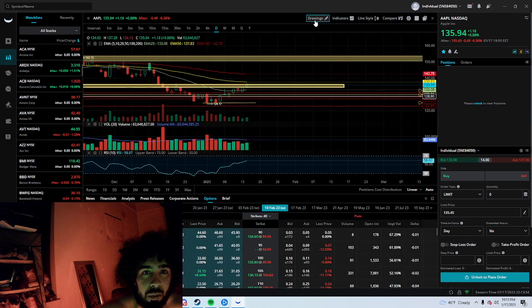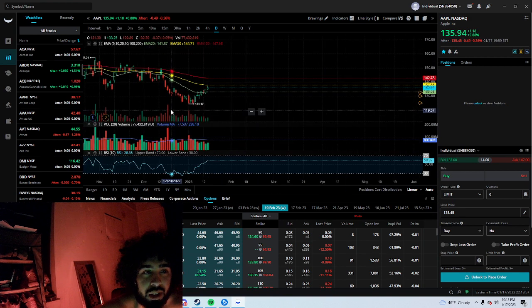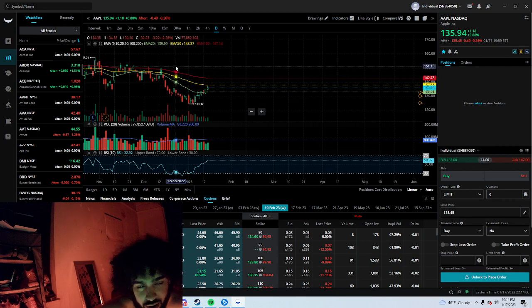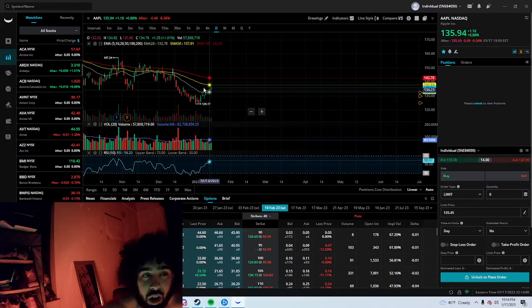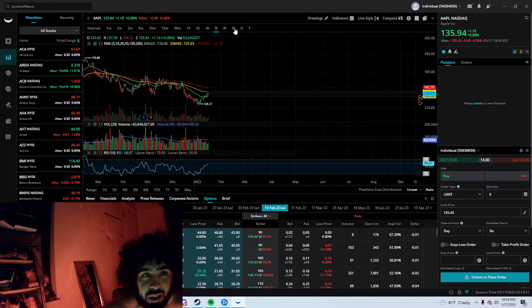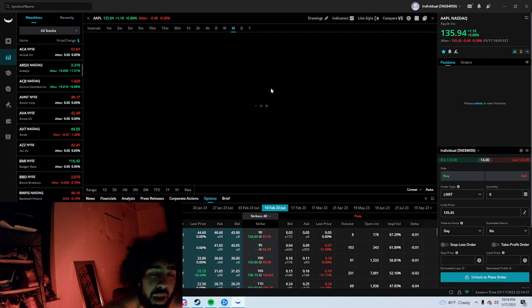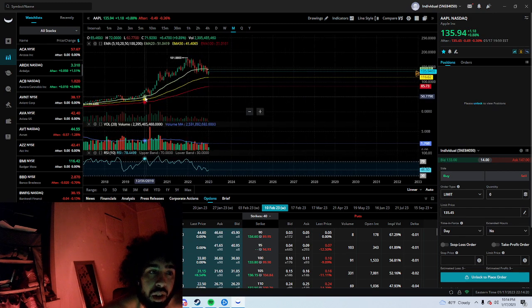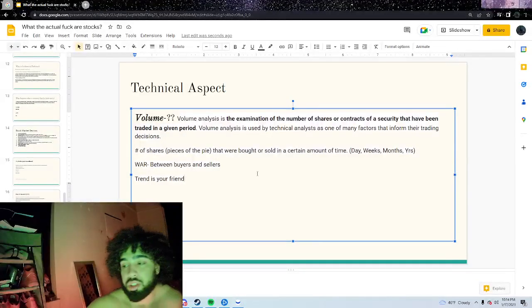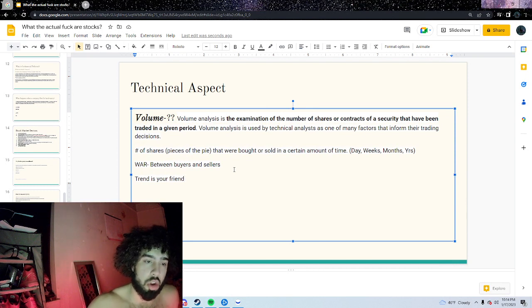I'm going to get rid of everything. As you can see, this was coming down, right? When it's coming down, right around here, you can obviously see that in the long term the trend has been declining. If you want to go back, this is weekly, daily, monthly, anything like that. You can back it up and see up here, this was a trend. But yeah, the trend is your friend. Just make sure when you're buying or selling anything, you look at the volume.